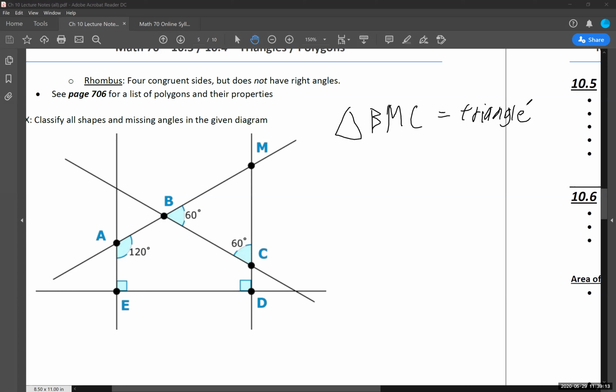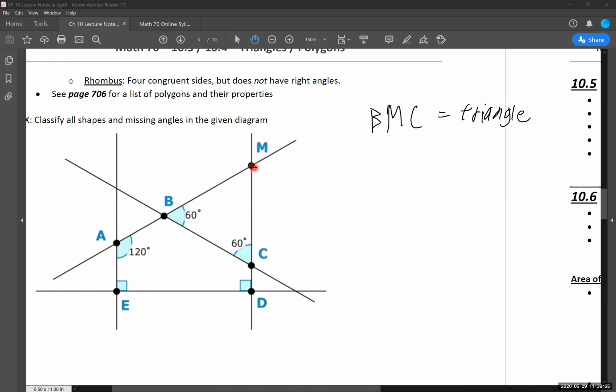I'm just looking at the shapes that I've been given, and what does this display as? It may also show up for you on the homework or otherwise without the little triangle symbol in front, and it will just give you these 3 letters. When they give us just letters listed like this, that means if you were to go from point B to point M to point C and then connect C to B, what shape is displayed when we do that? B, M, C, those are my 3 points. What shape is created from that? That's the kind of question we could be seeing as well.